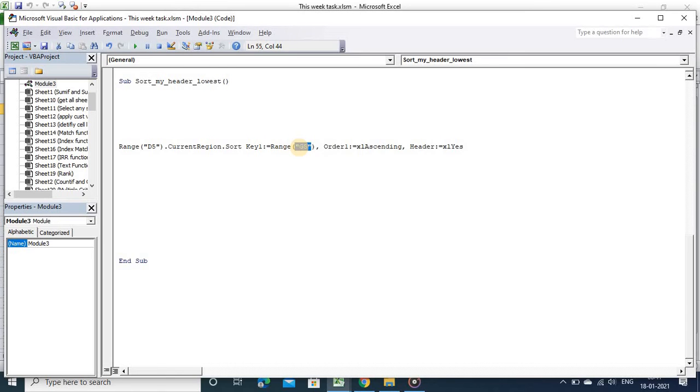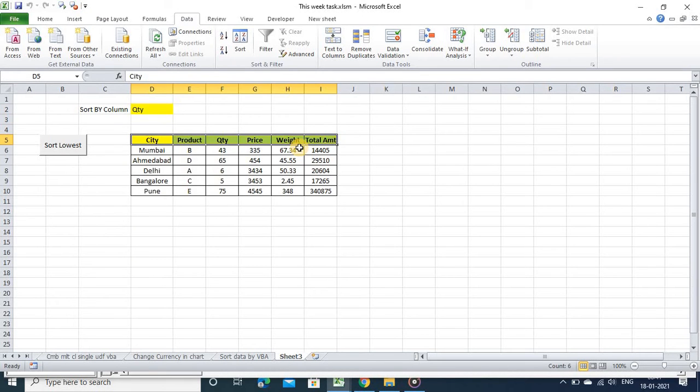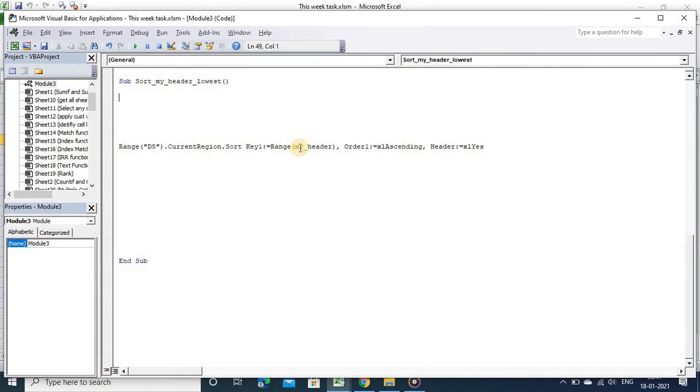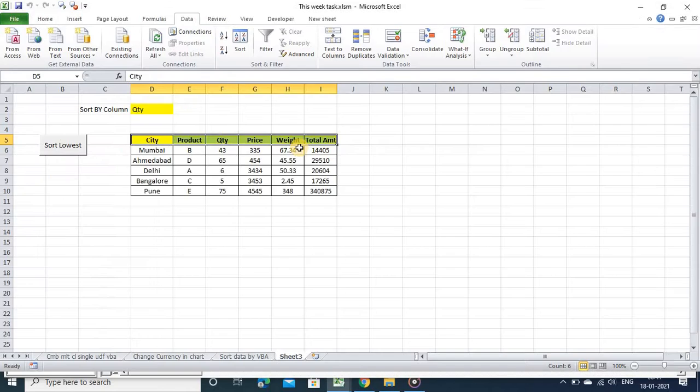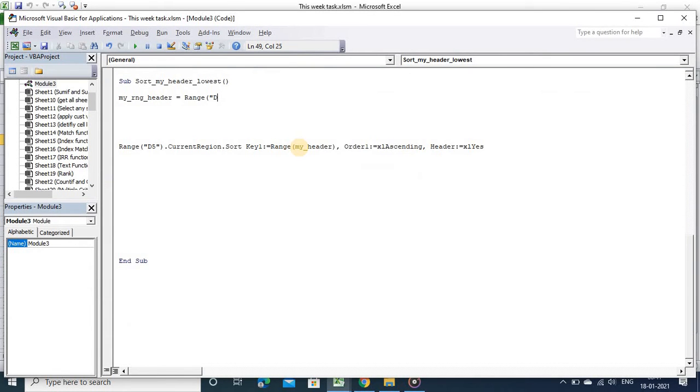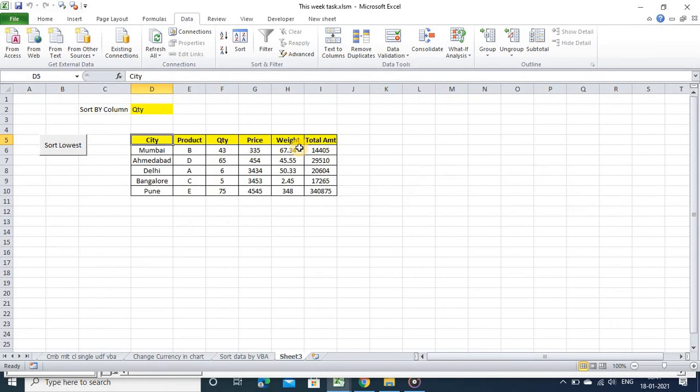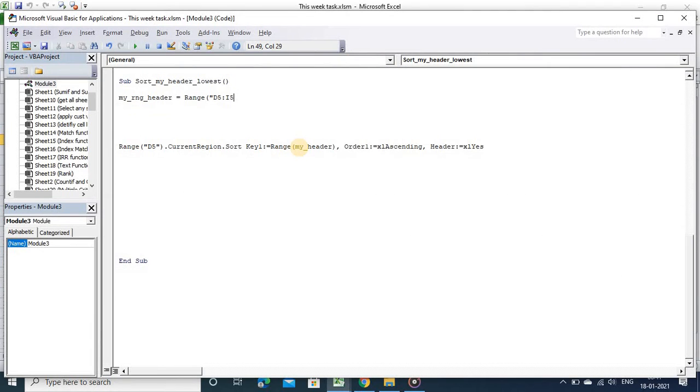So I will call this here my header, and first of all I will store this header into a specific variable. My range D5 to the end of the header.